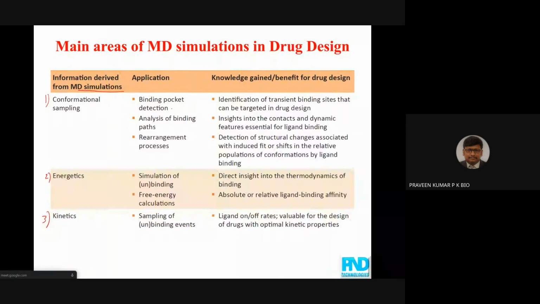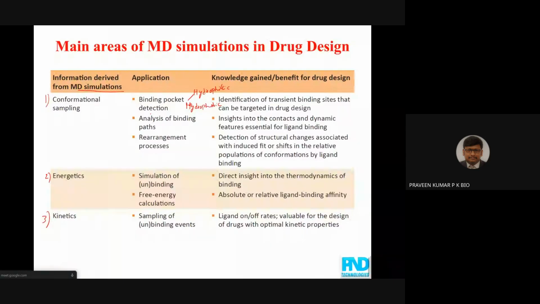In binding pocket detection, one can determine either a hydrophilic binding site or a hydrophobic binding site. This is what we have already discussed: hydrophilic and hydrophobic, where hydrophobic means lipophilic. So whatever binding sites we identify is, of course, a form of conformational sampling of MD simulation and analysis of binding paths. If you want to check through conformational sampling, we have discussed three theories of molecular docking: